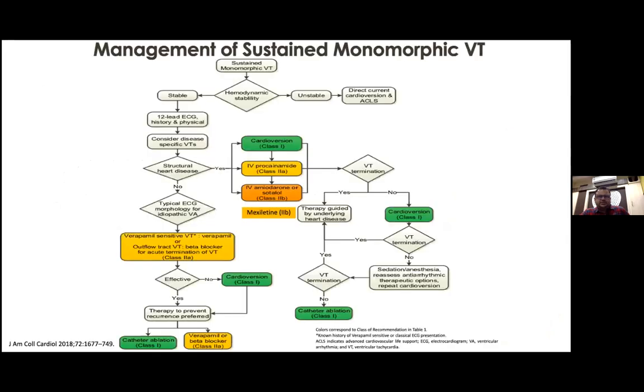So this is the management of sustained VT. You can very well read it. It is often given in the textbooks. I won't be going into the detail, but